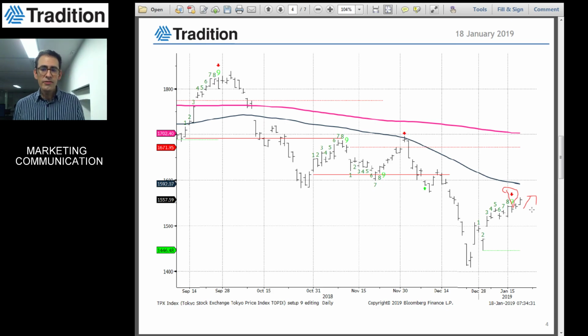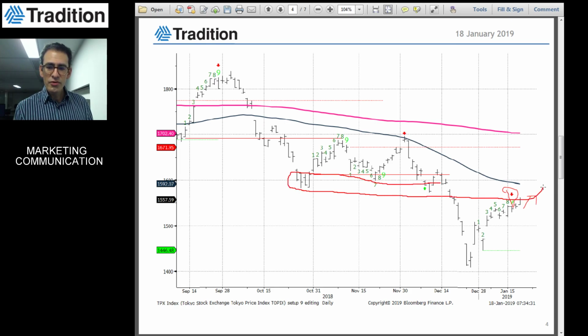So no obvious reaction so far to the signal, but as you can see, the TOPIX is not far from an important resistance zone, quite similar to what I told you on the Stoxx 600 index. This resistance zone is around 1600, as you can see here. So even though the market is strong today, I wouldn't increase positions due to this setup 9 sell signal. Once again, risk reward is a bit mixed after the recent rally, also on Japanese equities.